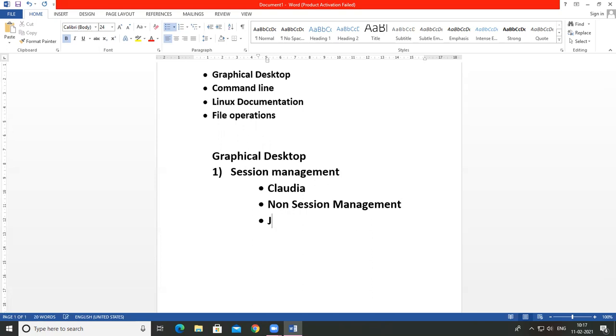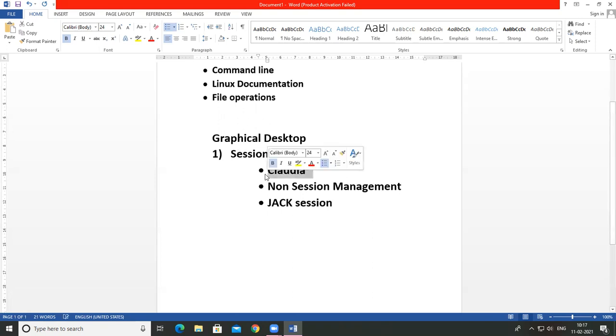Then Jack session. So these are some of the session management. In that, first one is Claudia. So Claudia is a powerful GUI. Ladish session manager uses Claudia as a front end, and it is part of the KX Studio project, and it has more features than the official Ladish GUI, and it implements the Claudia launcher also.